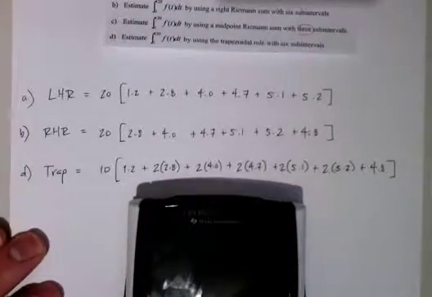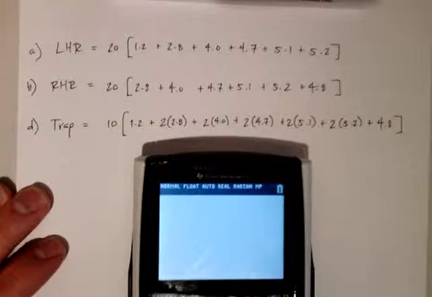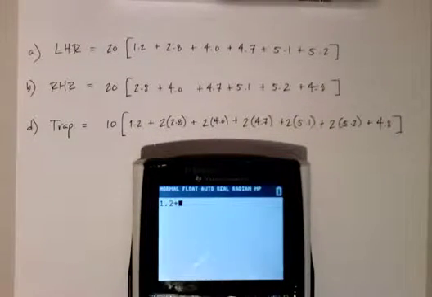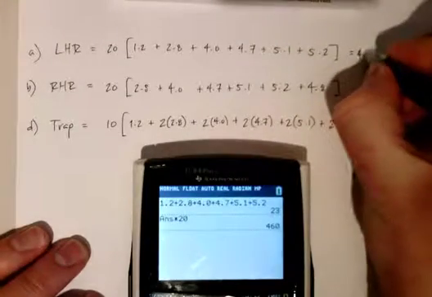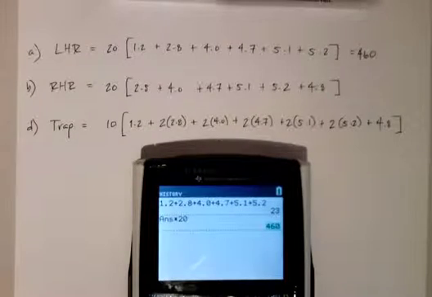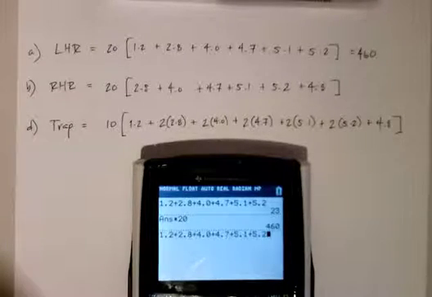Let's go ahead and look at those in terms of the numerics of it. The first one is 1.2 plus 2.8 plus 4.0 plus 4.7 plus 5.1 plus 5.2, and then you just multiply that by 20, and therefore it winds up being 460. Well, if you take that right there, we'll subtract that first value, and then add the last value, and we'll multiply that by 20,